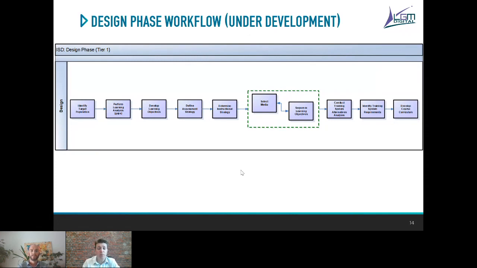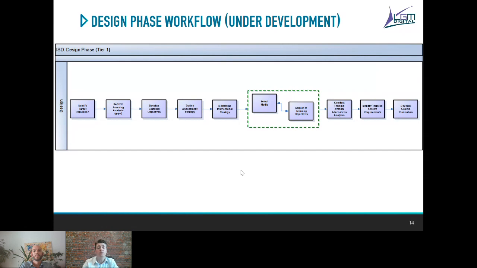Then we will develop our instructional strategy depending on the different constraints and requirements of our program. For example, if the training needs to be conducted on only one site or on several sites, if we have a very heterogeneous population, if we have different budget constraints and so on, all those things will be taken into account in the design phase also and can influence the instructional strategy.